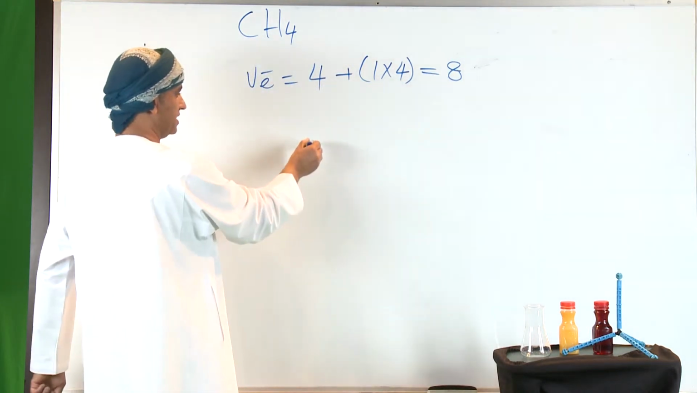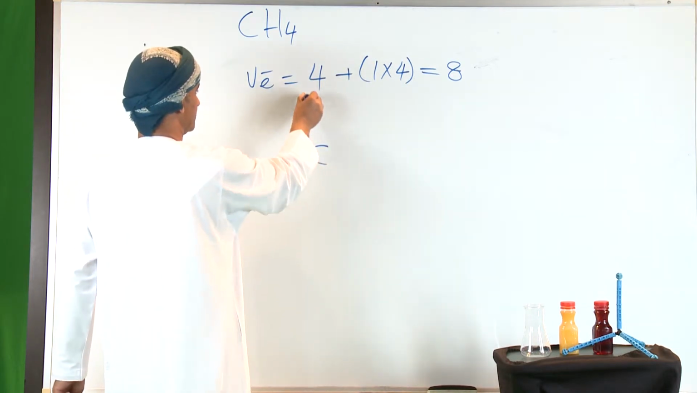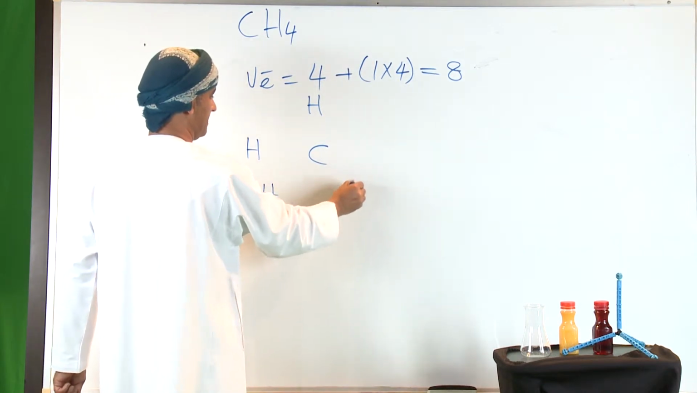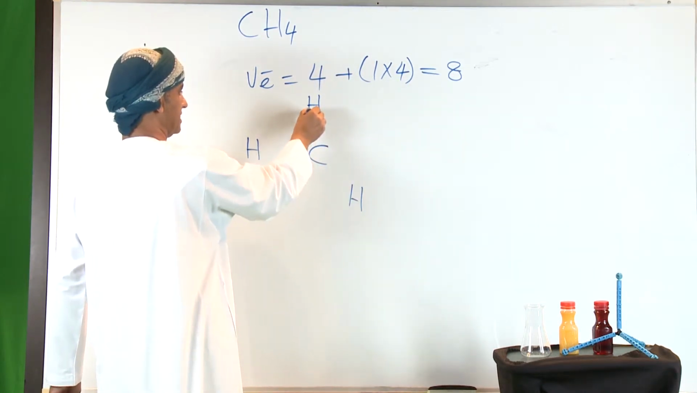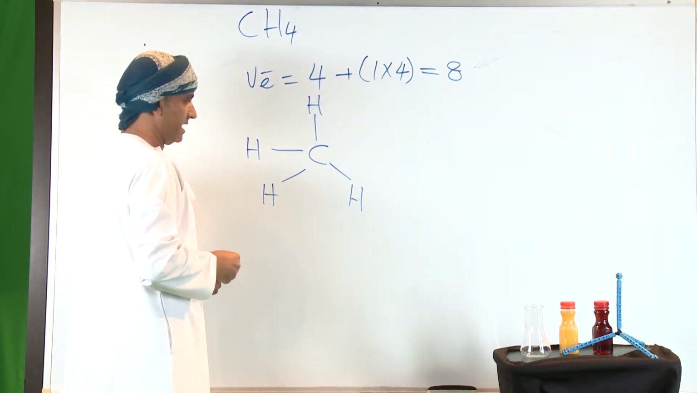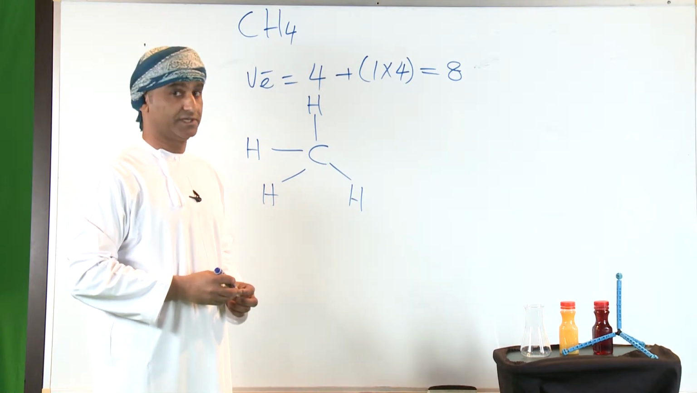So what we can do is we draw the central atom, which is carbon, and then we draw the surrounding atoms, which are hydrogens, and there are 4 of them, and then we draw a bond between carbon and each of these hydrogen atoms. Now, in order to understand or to get a true picture of bonding in this compound,